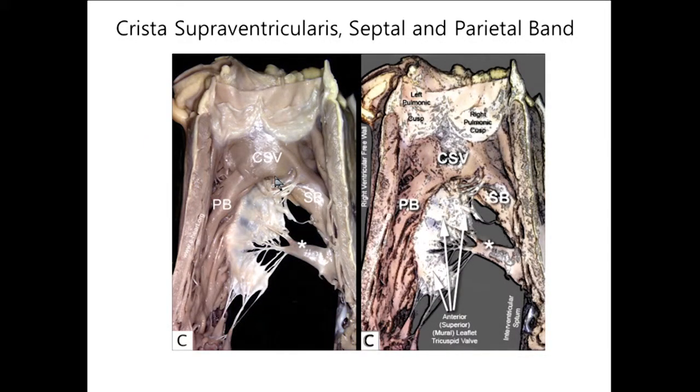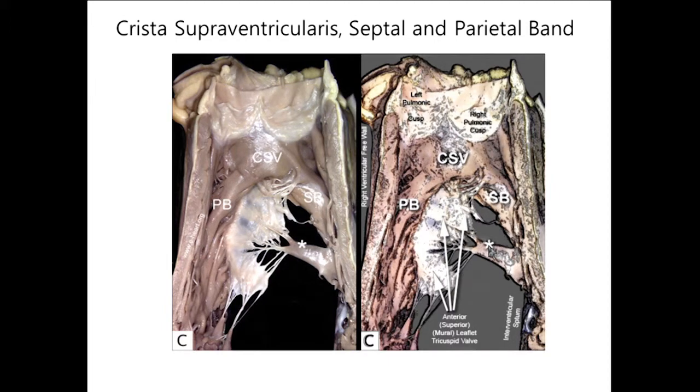As Dr. Sir mentioned before, the crista supraventricularis gives origin to two large muscular bands: the septal band, which courses along the septum, and the parietal band, which is located along the free wall of the right ventricle. The septal band shows as a prominent muscle trabecula along the upper portion of the interventricular septum, and the septal band also gives rise to the medial papillary muscle,